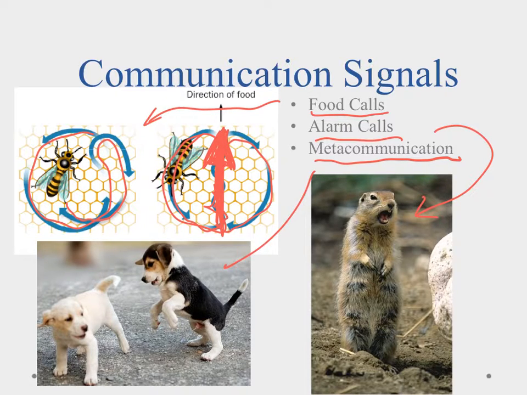A good example here is our puppies playing. The puppies will sit there and wag their tails with each other and show a playful face, and then they start playing a little more aggressively. In the wild, they would be practicing their aggressive behaviors if they had to fight for territories, and that kind of lingers over. That's an innate behavior that lingers over.